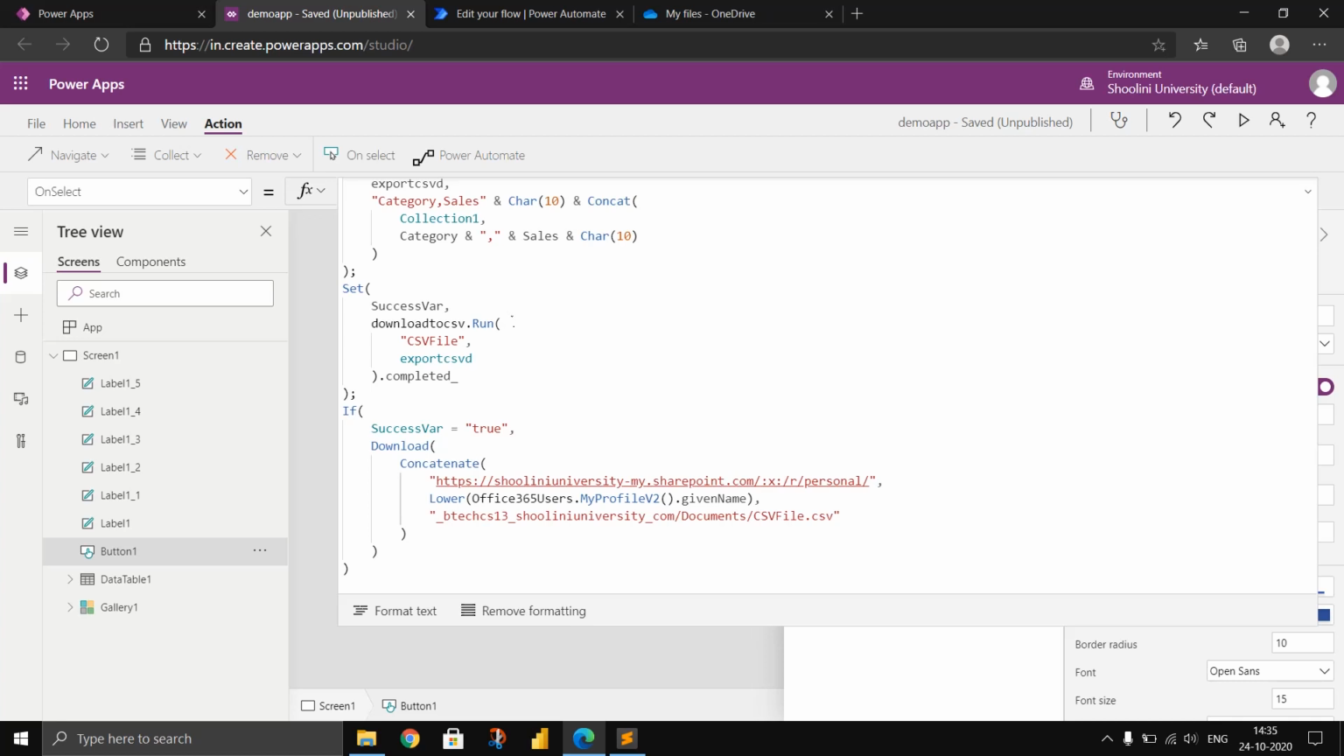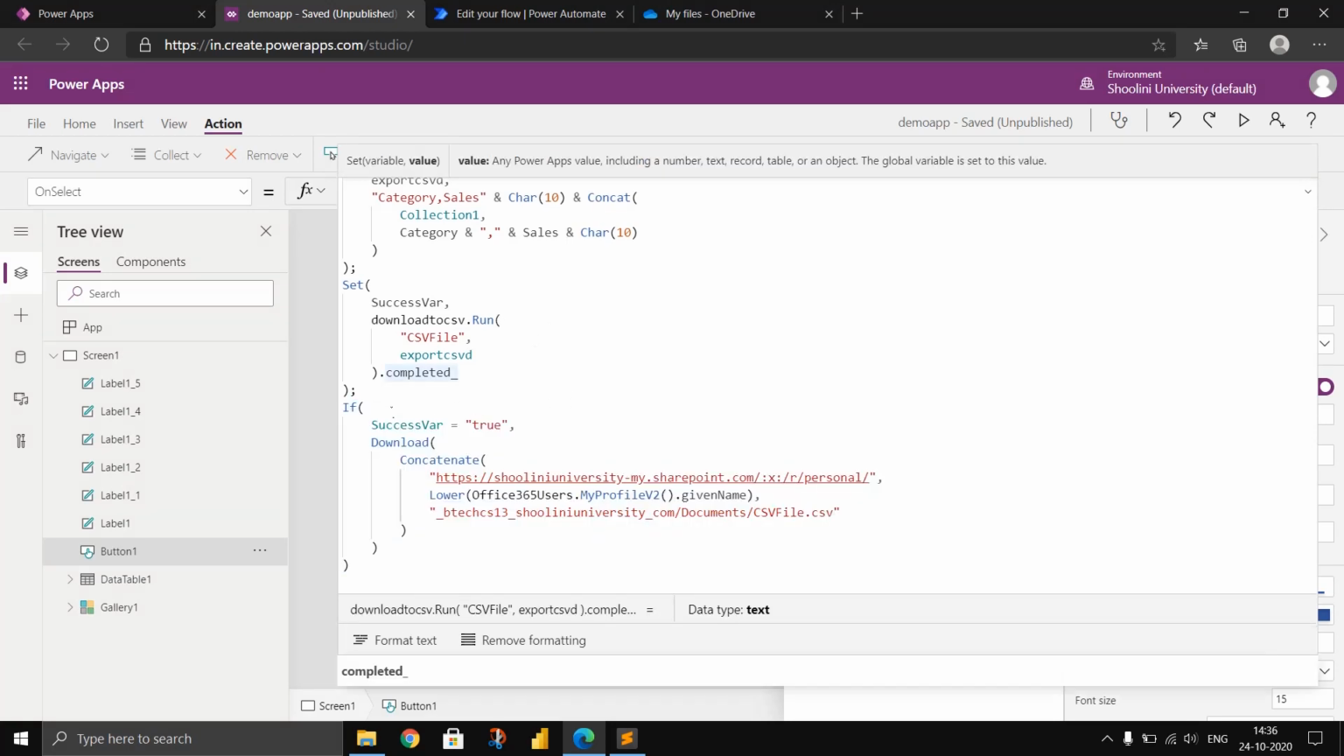right? I've copied this, and as I've told, up till here if you run this and if you don't include this code, then what will happen is it will create the file in the OneDrive folder. For downloading that file, you have to use this download function, right? So now